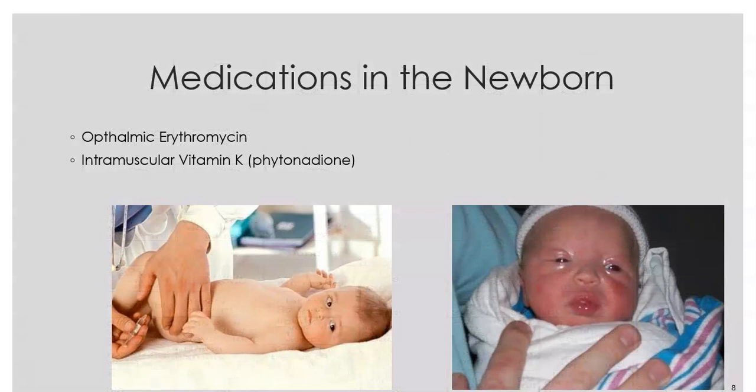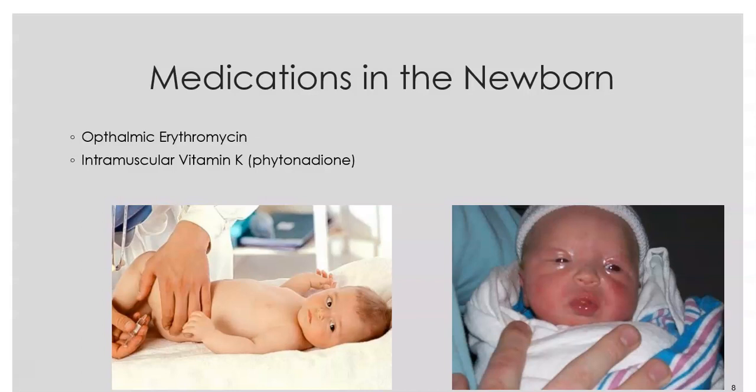So one of the things they do right away is give some medications to the newborn. Hepatitis B sometimes is given right away. Sometimes it's given later, and we won't focus on that one as much. Hepatitis B, you are required to get consent for from the parent because it is a vaccination. The two medications here, though, are not vaccinations. They are required by law. So if parents do refuse these medications, I mean, it is their child, and occasionally parents do refuse. You have to document these well. But the two medications that every baby gets are the ophthalmic erythromycin and the intramuscular vitamin K.